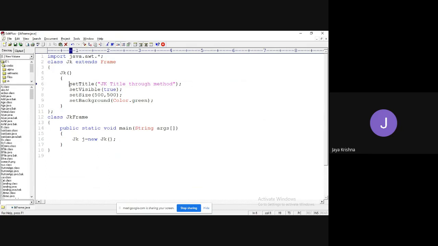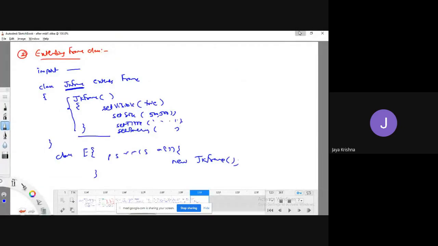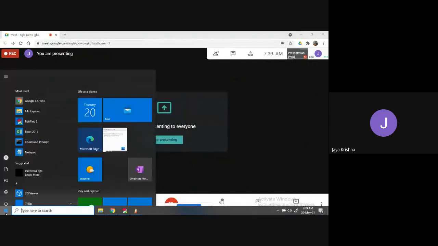This means the current class. Does the current class contain the title method or set title method? Yes, because it is inherited from the frame class.